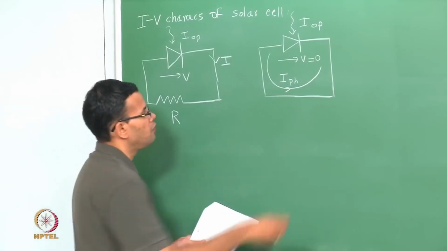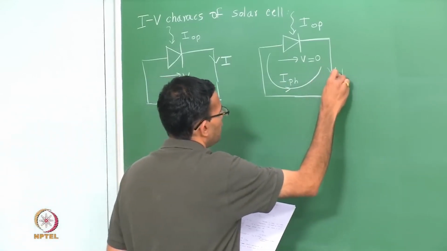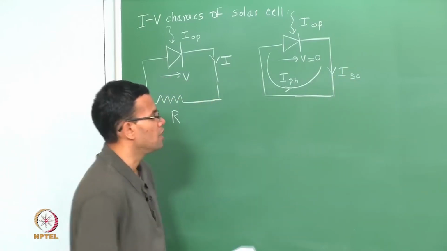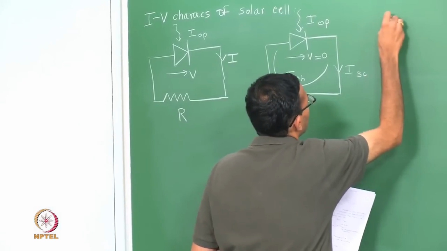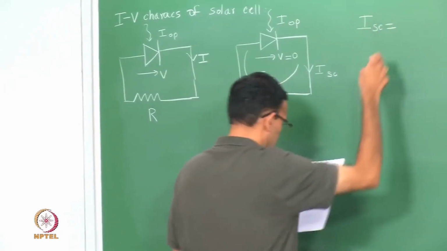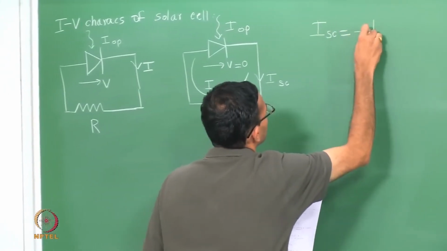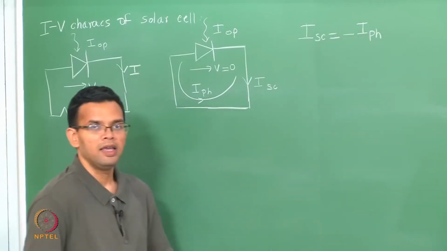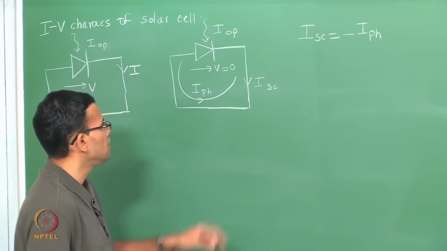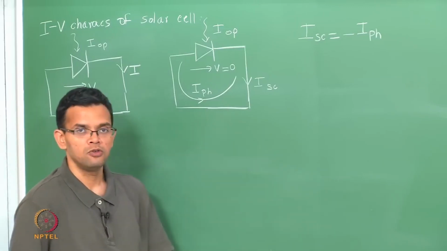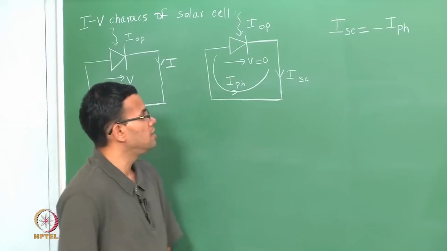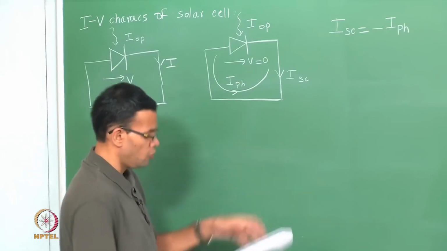If we define the conventional direction of current the other way and call it ISC, which is your short circuit current, then ISC is nothing but minus of IPH. So, ISC is the short circuit current, which is the current that flows through the device when it is short circuited. So, when there is no external load, and this in turn depends upon the photocurrent